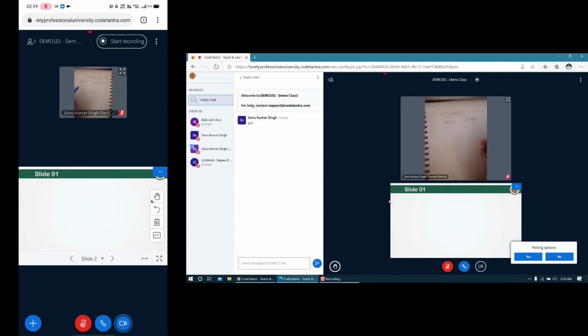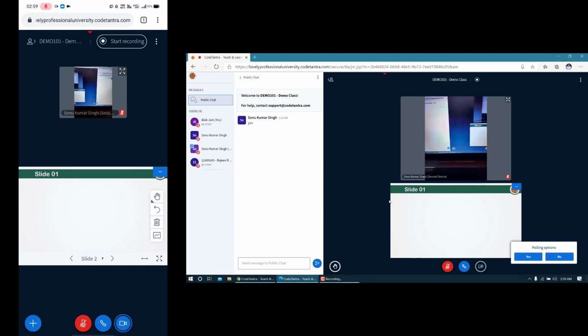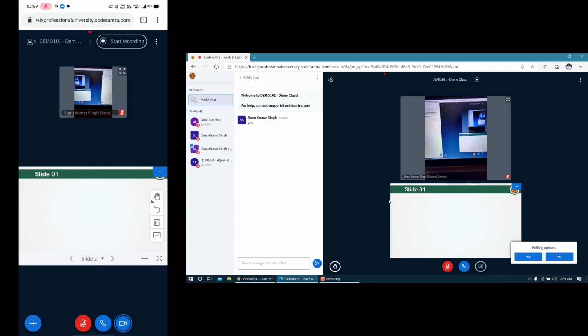Now consider you having a tripod, so you can use this mobile phone with the tripod to fix the position of this mobile phone, and you can project, let us say this computer screen is a whiteboard, so you can project your mobile to that whiteboard and you can start writing there, and whatever you write there, the student will be able to see those. So this is another great feature which you can use just in order to teach a student using the blackboard.